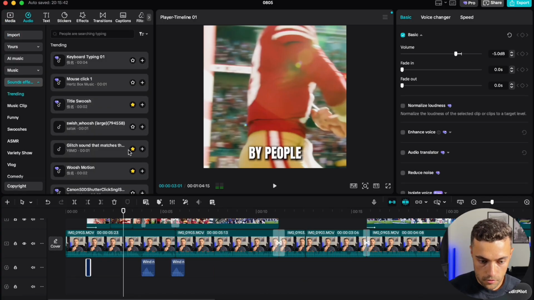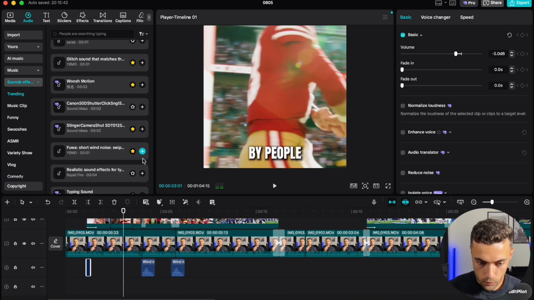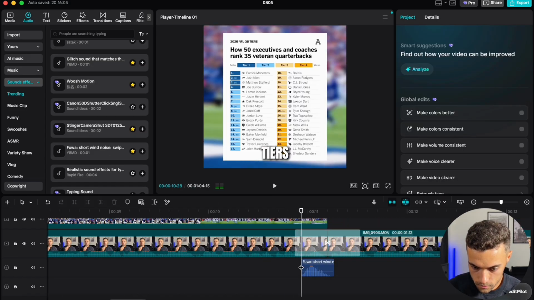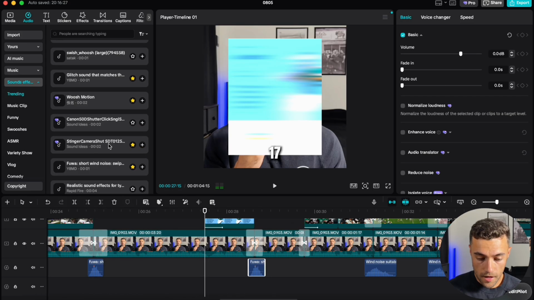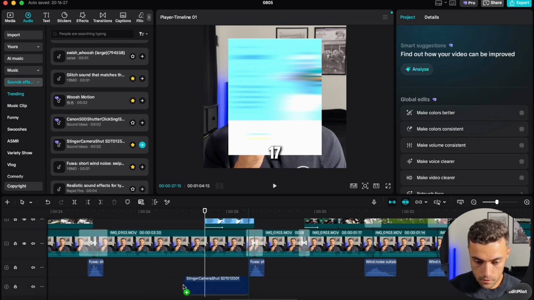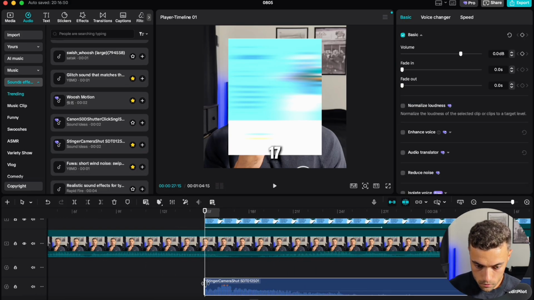There's one sound effect that I like to use as well. It's like a little different version of that wind effect. It's this one right here, that one they call it. This says like FUA. And I like to use this one when I'm cutting in and out of the A-roll and B-roll. Right here, I'm gonna add this little camera shutter effect. I'm gonna throw that right here, just like